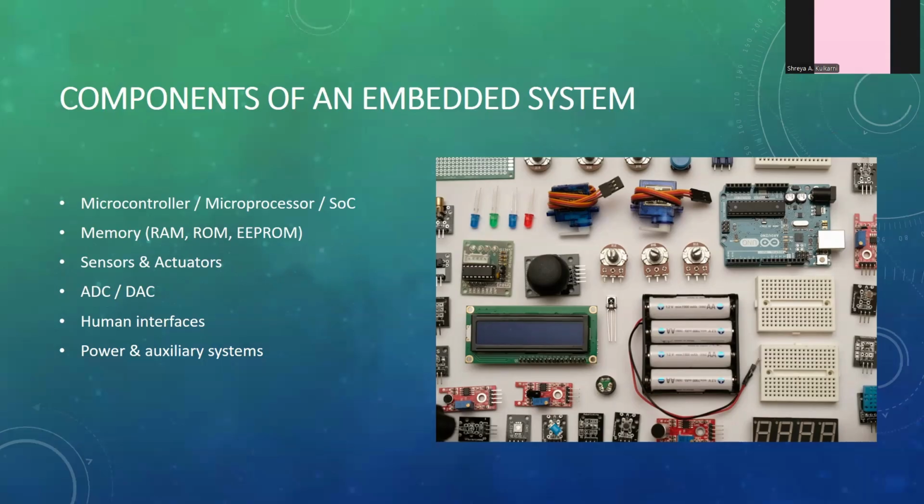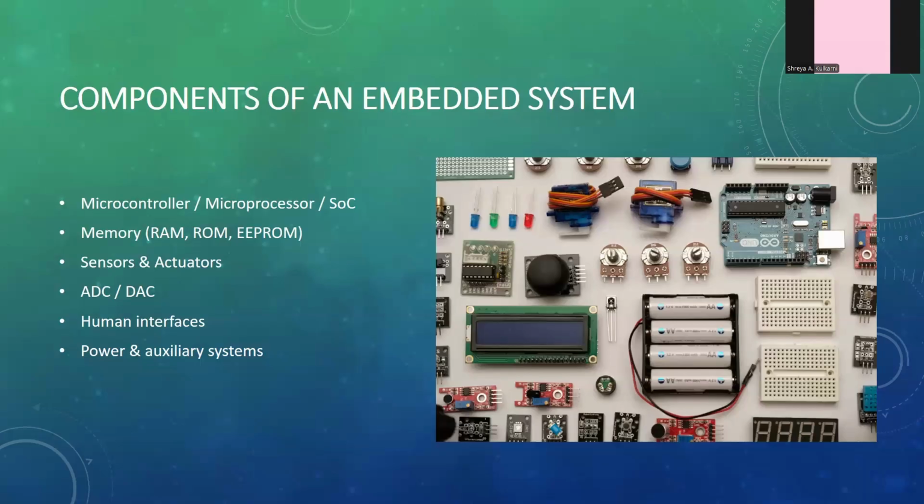In memory, we have two types actually, RAM and ROM. In ROM, we have this EEPROM. RAM stands for random access memory and ROM stands for read only memory. In RAM, we can read and write an infinite number of times, and ROM is read only memory. So you can read many times, but you can write only once. That once is during the manufacturing.